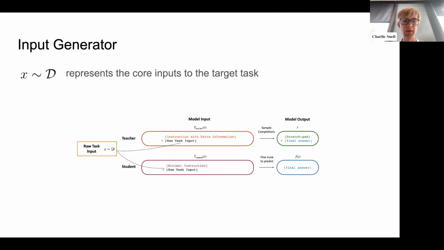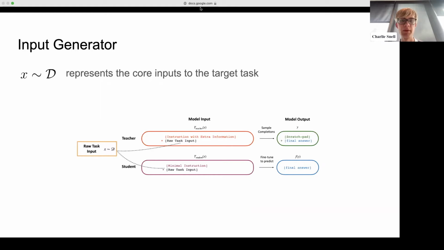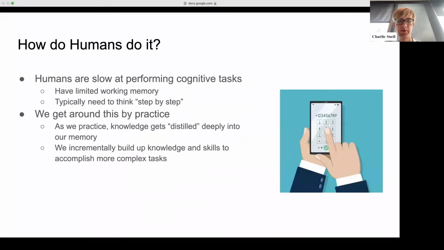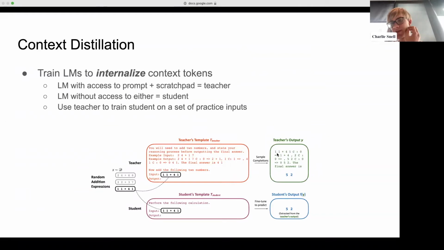Was there a question? What is meant by scratchpad? That's a good question. Scratchpad is referring to what I was also calling a reasoning chain; I was using two terms here. A scratchpad is this process where you give it this question, add 11 and 41, and then it goes through a process of step-by-step reasoning before it outputs the final answer. So this sequence of text that it generates would be the scratchpad.